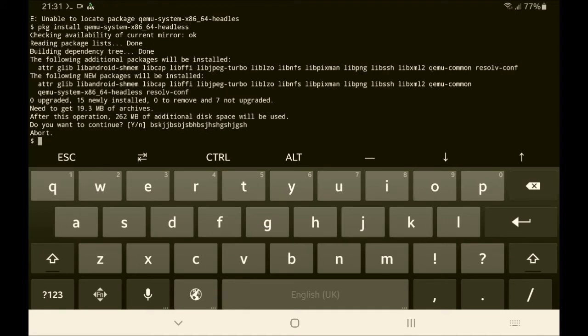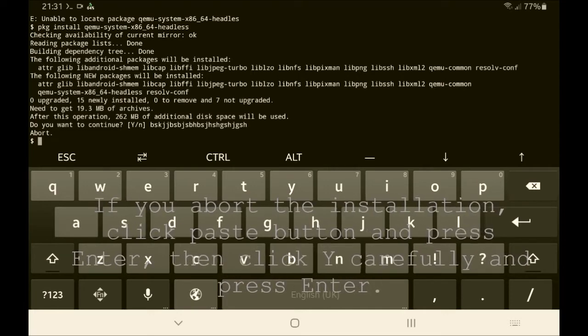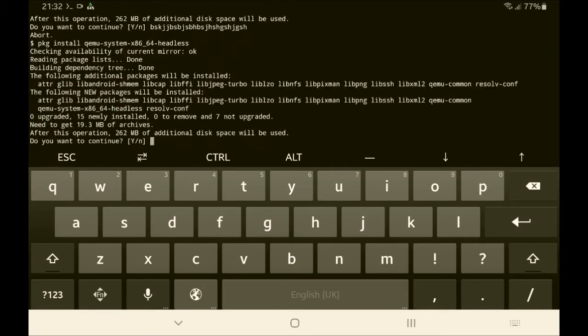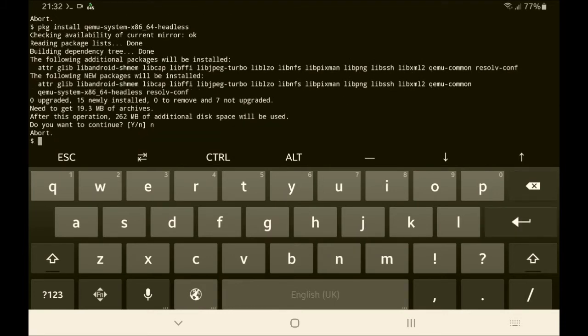So what happens when you paste it? If you've made a mistake, hold it and paste. That's it. After this, you need to press the enter button. And when you type the command, hold this and paste and press enter,